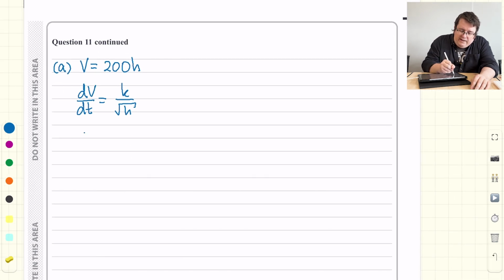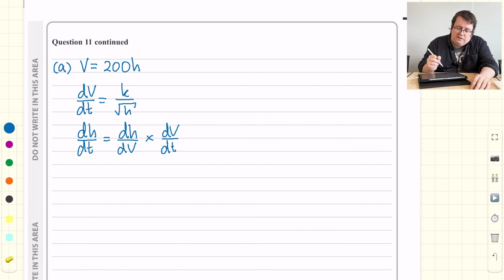Because we want dh by dt, that's going to be dh by dV times dV by dt. I've got the dV by dt already, but I don't have dh by dV. So if I differentiate V with respect to h, I get 200. So dh by dV is 1 over 200